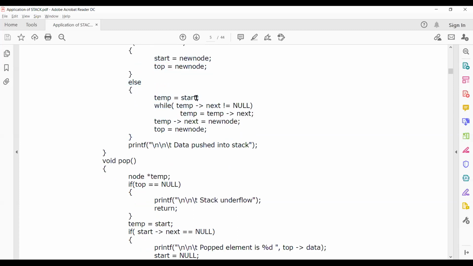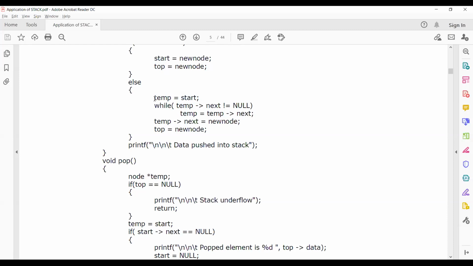What is this? We are assigning the start to a temp variable. Why am I using the temp variable here? Both temp and start are pointer variables of struct node type.